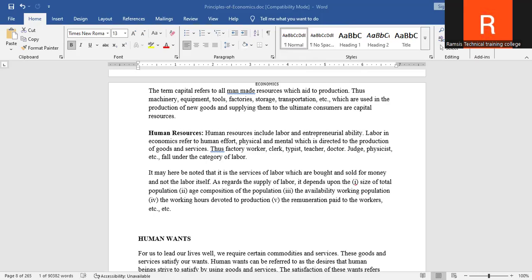For example, it analyzes the forces that determine the prices and quantities of televisions sold. So microeconomics can be considered the ultimate cellular structure of economics. It basically studies individuals in terms of households, firms. Most of the time it focuses on the major areas of demand and supply analysis.